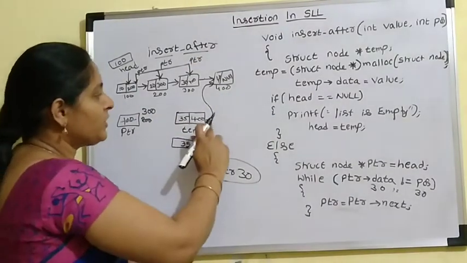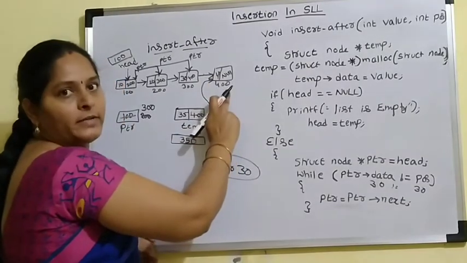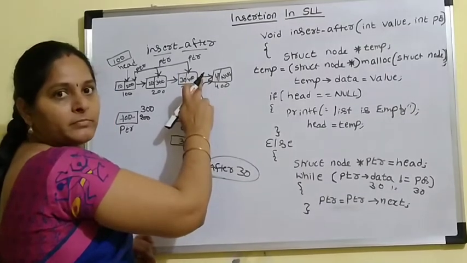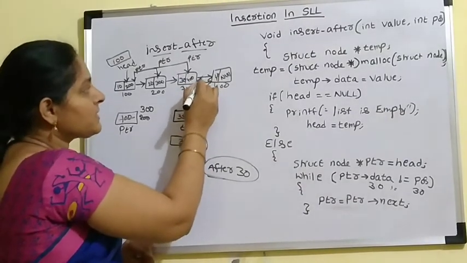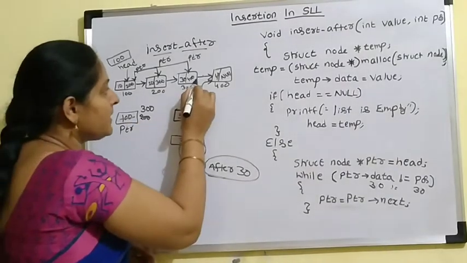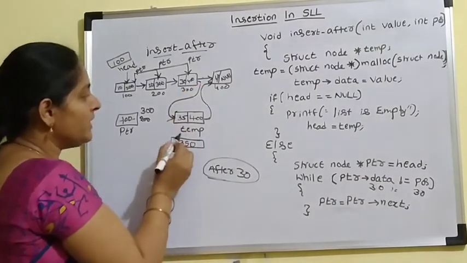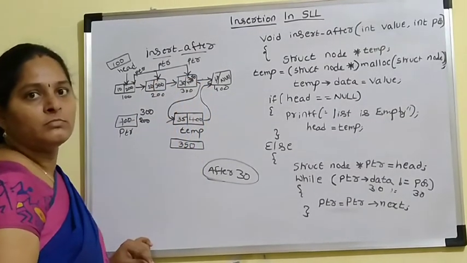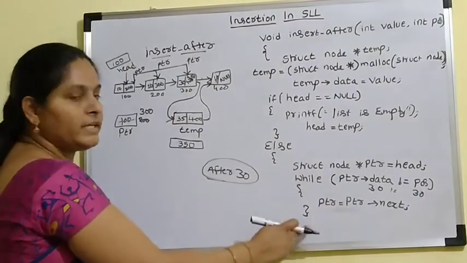Okay, so always this right side connection we need to establish. Why? Because if you connect this right node, one more connection will be established between temp and the 400. This connection we are not destroying. Okay, still this connection will be there. Okay, now what we need to do is, after this one, we need to disconnect this line. We need to connect 30 node to the temp. Okay, this connection we need to establish. So to connect this one, what we need to do is replace this 400 with 350 temp address, right?